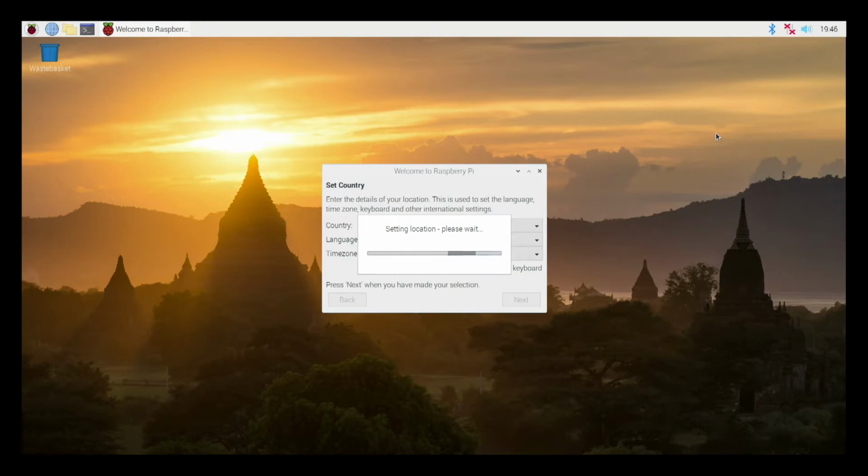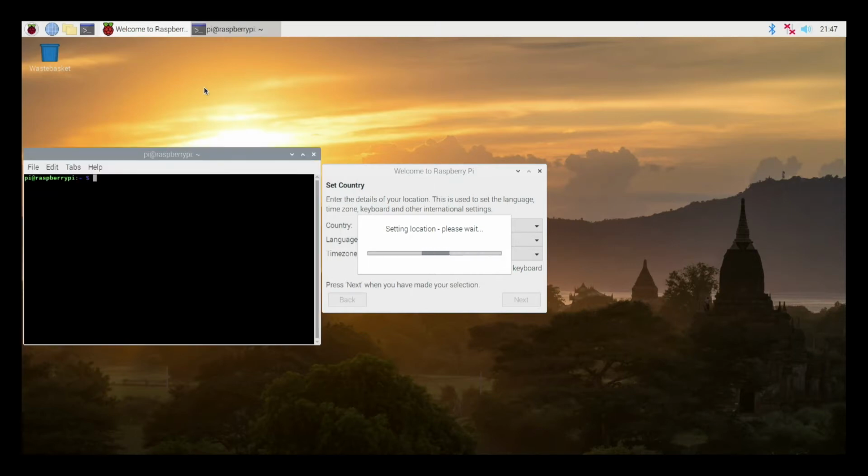So while this is happening, it takes quite a while to apply for some unknown reason. Let's open a terminal and type in sudo raspi-config. That's the configuration utility that I normally use to set up the Raspberry Pi. They probably have something graphical for that in this GUI version, but if you will be using the version without the graphical interface, you should just type it in a terminal: sudo